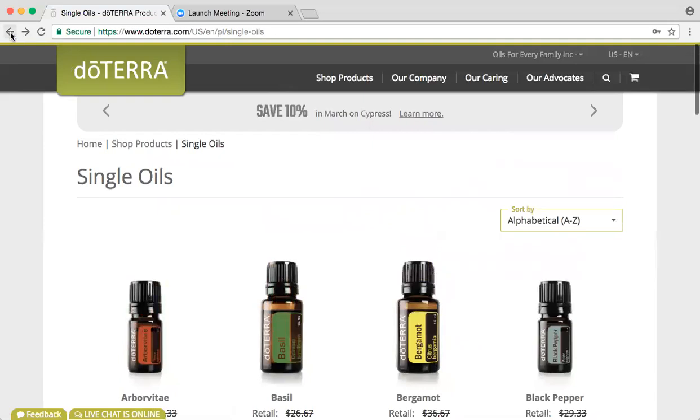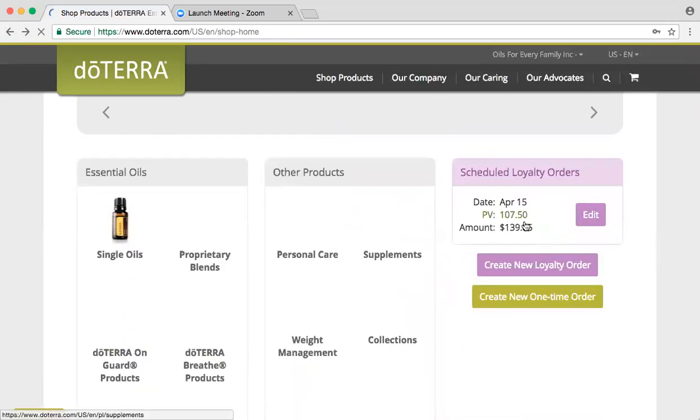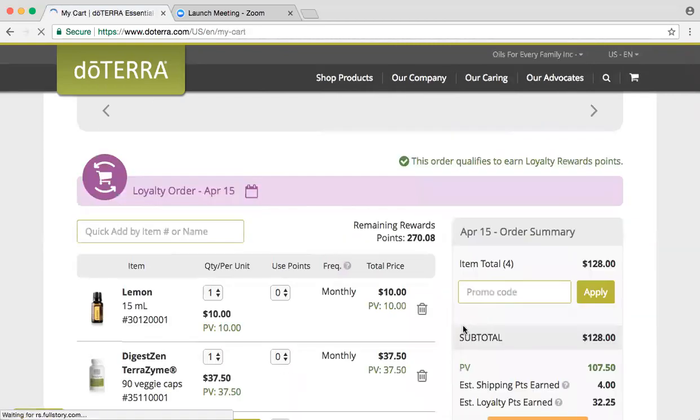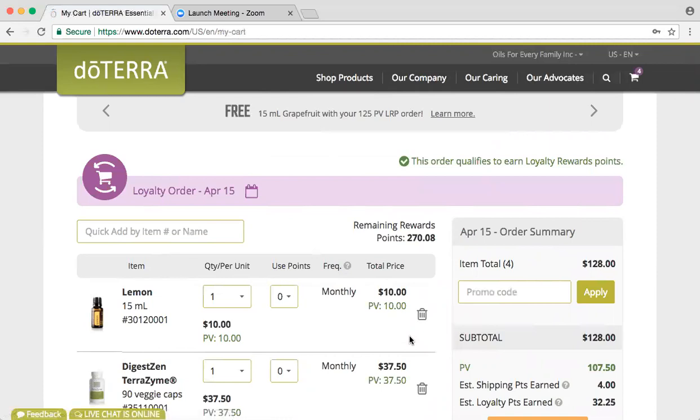So I'm going to go back to where we first log in. Okay, and so once you have your LRP already set up, then it will look like this, and so you can just click the edit, and this will edit your template. It's really easy to edit it month to month. There's a banner at the top, and you can see this month we have